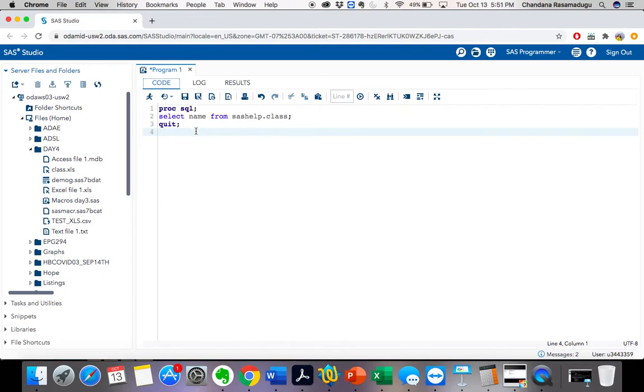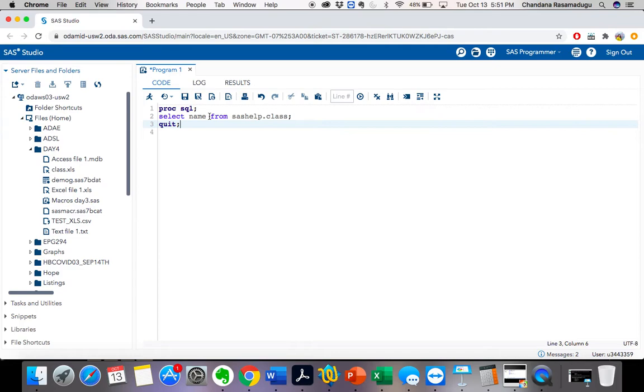Whenever we want to create macros by using any procedure, the basic rule is first we need to know the syntax or the program for the work that we are doing. That is the basic rule. So now for this, I want to create a macro. How can I do that?